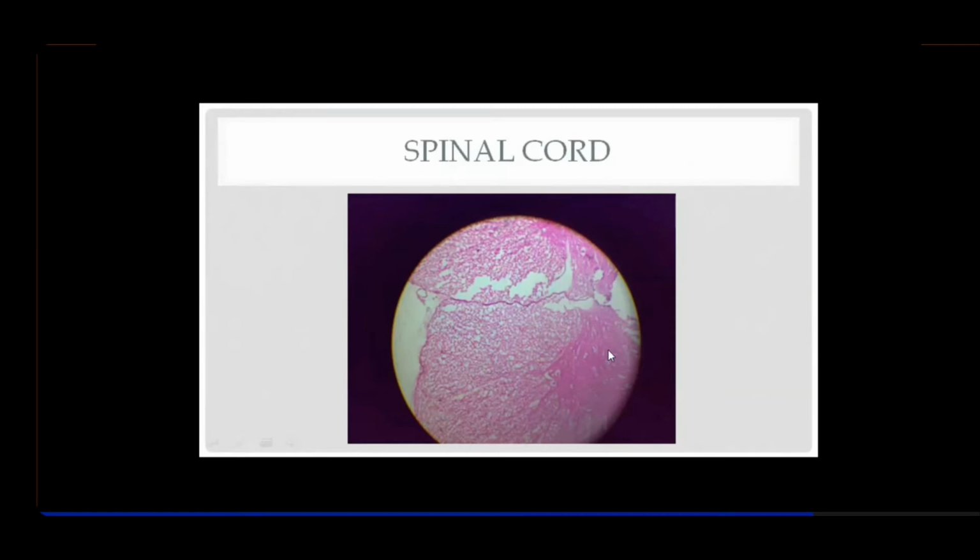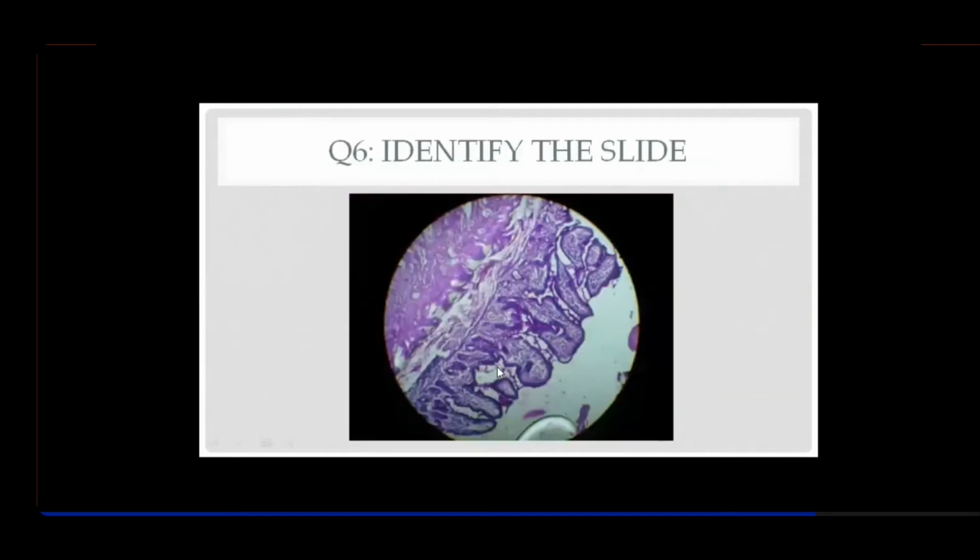But the cells are more suggestive of the pyramidal cells because they have a space surrounding. But you need not mention anterior or posterior horn, you only need to identify that this slide is of a spinal cord, because you're seeing the nervous tissue here, and this is all the white matter of the nervous tissue. Identify the slide.